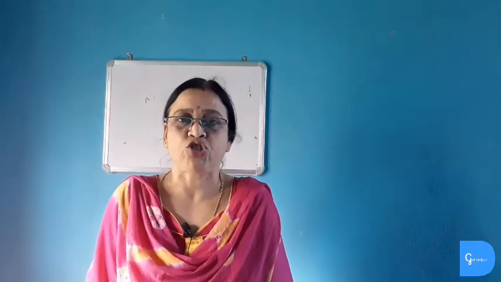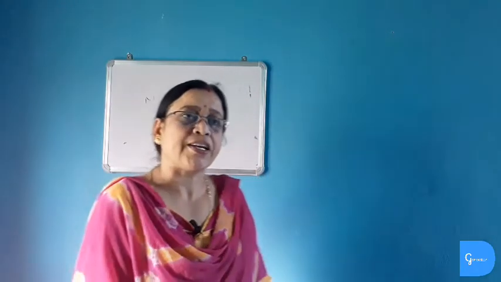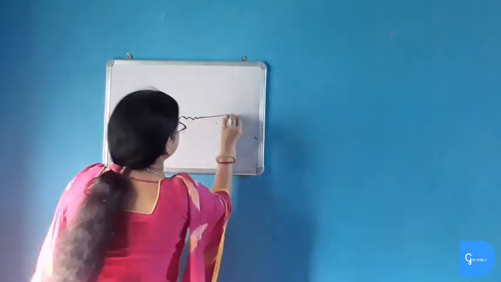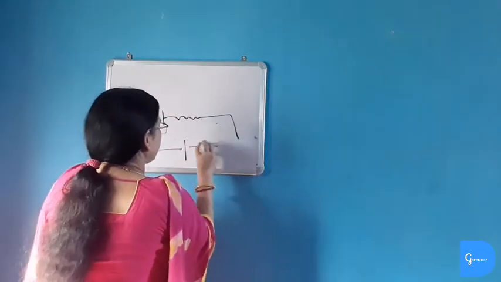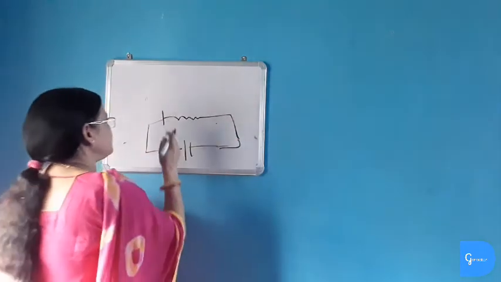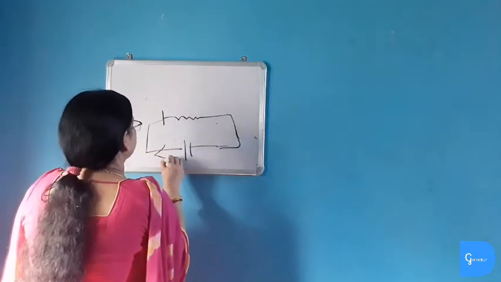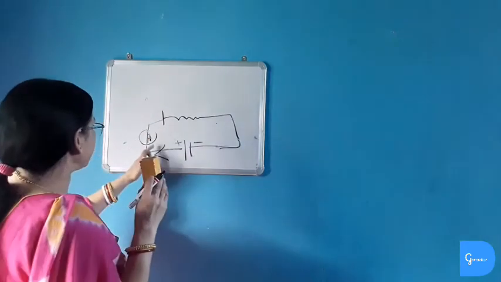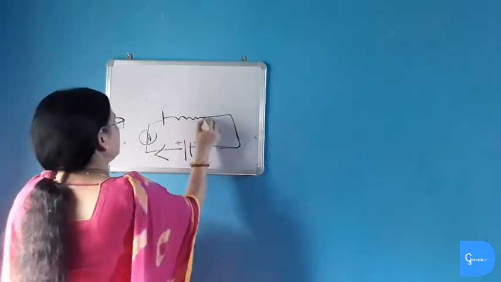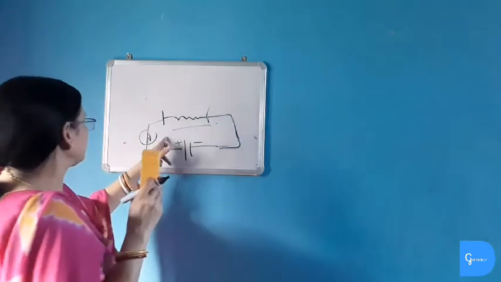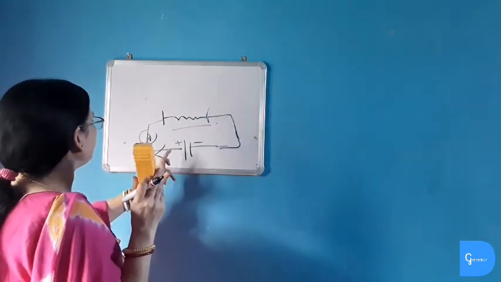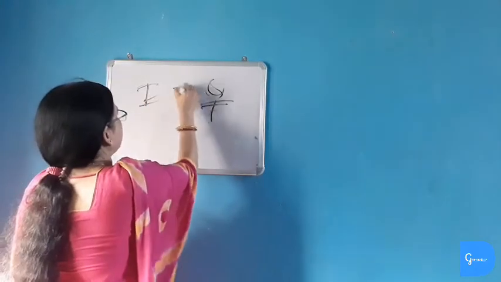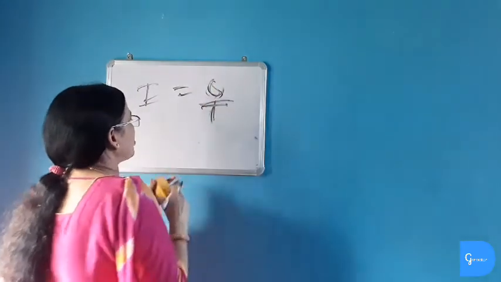Electric current is measured by an instrument called an ammeter. It is always connected in series in the electric circuit. It has very little resistance and so it can measure even the least value of electric current passing through the circuit. See, the ammeter is connected in series in the electric circuit so that it can take the value of all the current passing through the circuit. By applying the formula I is equal to Q by T, we can solve the problem.